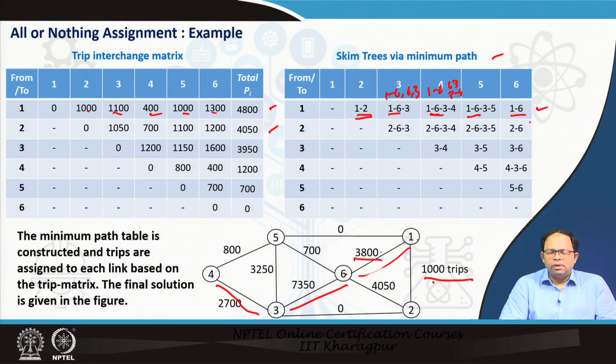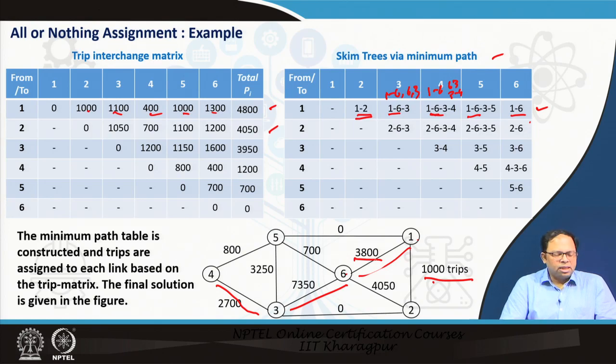So in this way we will load the different traffic volumes into the links that fall on its shortest path, and eventually we will get the total amount of volume in each of these links, and then we can also see which of these volumes exceed capacity using V by C ratios, and we may propose expansion of certain links, or we may propose some other measures to reduce volume in that particular link, and so on.